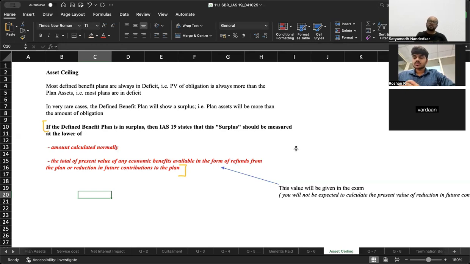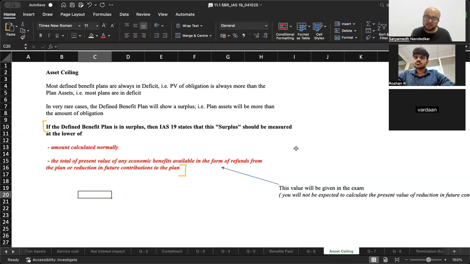Now, what are refunds from the plan or reduction in future contribution? Let's say that you had projected that the plan assets will earn a return of 11%. But you had some really good buoyant years in the economy and the plan assets generated a return of 15%. On one hand, there was a projection of 11%, but you earned a return of 15%. That means the accretion to the amount of plan assets was more. You got 4% more. Now, because you got more money in the form of return, you will end up reducing the amount of future contributions to the plan because that shortfall was covered through the returns only.